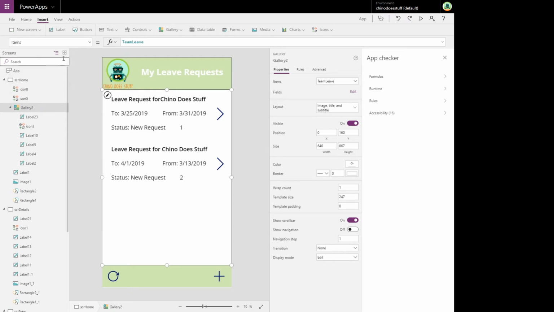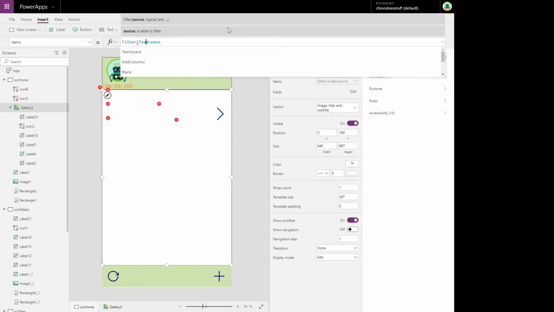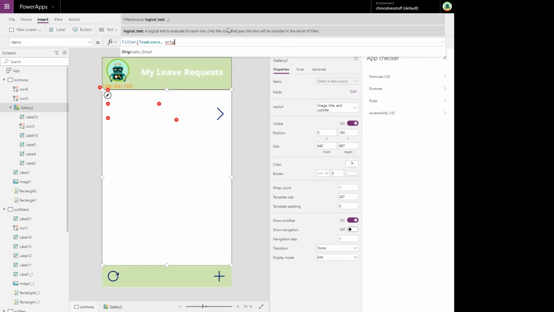So under our gallery, under items, just want to add a filter, team leave, and we want to filter the originator email, which is coming from our team leave data connection, and that equals user email. Now,